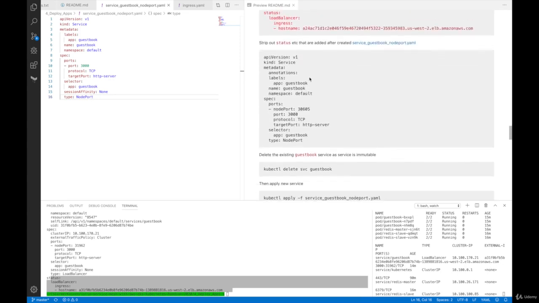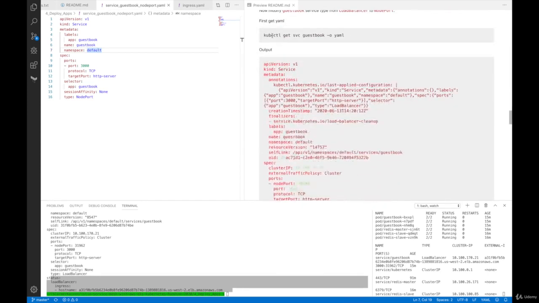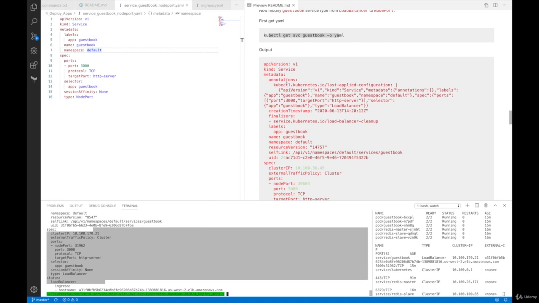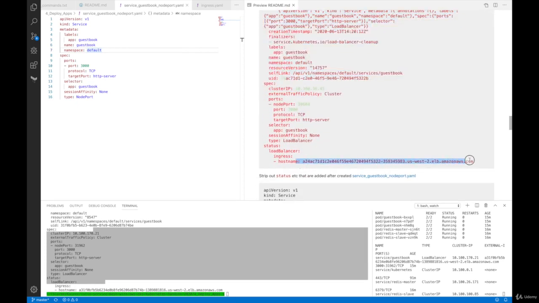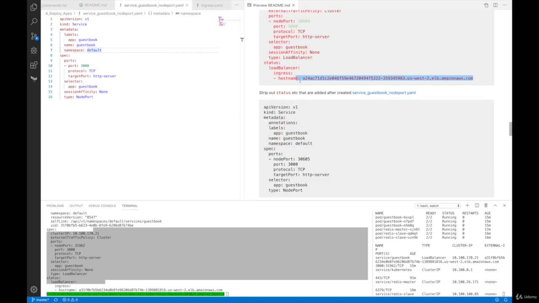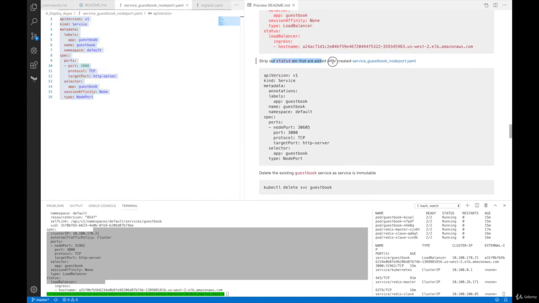So to do that, we already have this service guestbook node port YAML file. So I just explained this one. Basically, kubectl get service guestbook -o yaml is going to print out this one, which is exactly the same as this one, except for a little bit of metadata information. And we're going to trim some fat in this one, getting rid of the metadata, and it ends up being like this one, right? So strip out status etc., and then I already provided this streamlined YAML file for node port,